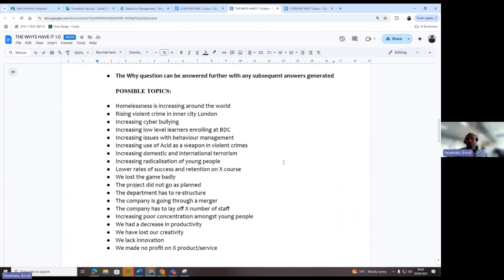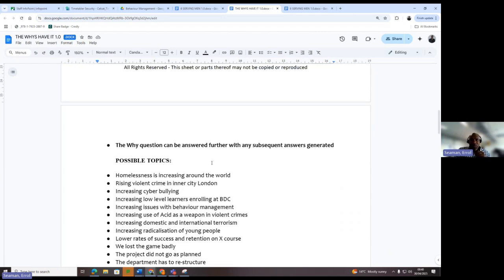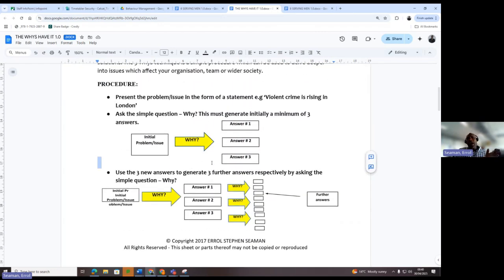And this can be used as an introductory. It can be on a particular topic, as I said, that's relevant to your subject area. It could be on a particular topic, guys, that is just a general newsworthy topic at this time. Cyberbullying, issues with behavior, violent crime within London, I don't know, whatever the particular topic is, and that's relevant at this particular time within society. But I just want to highlight just the idea of being able to really take any